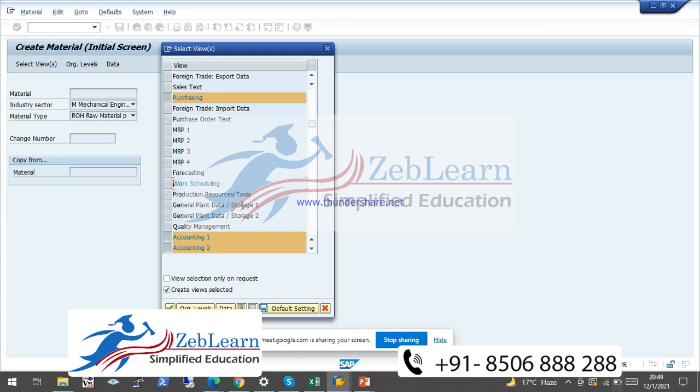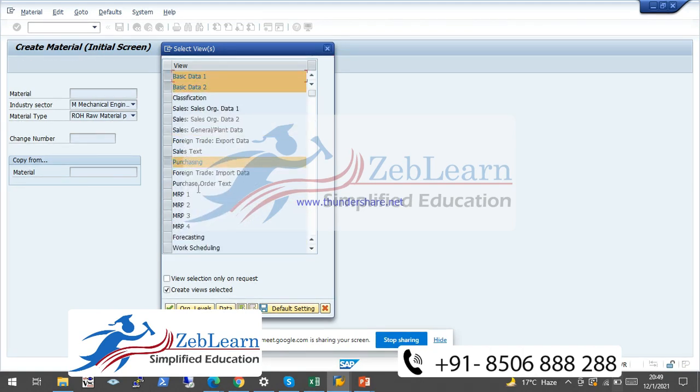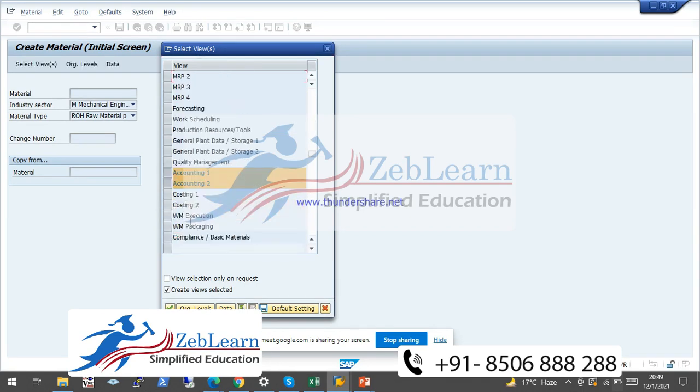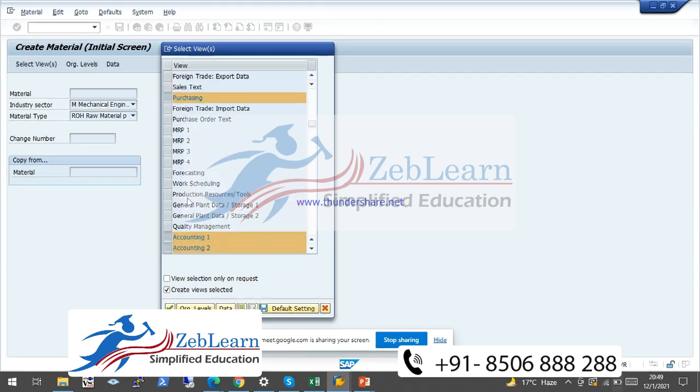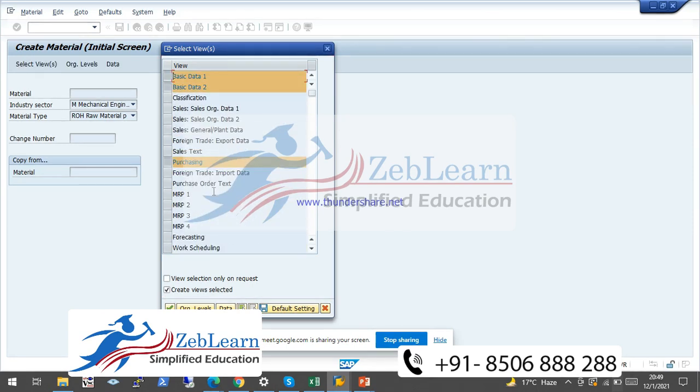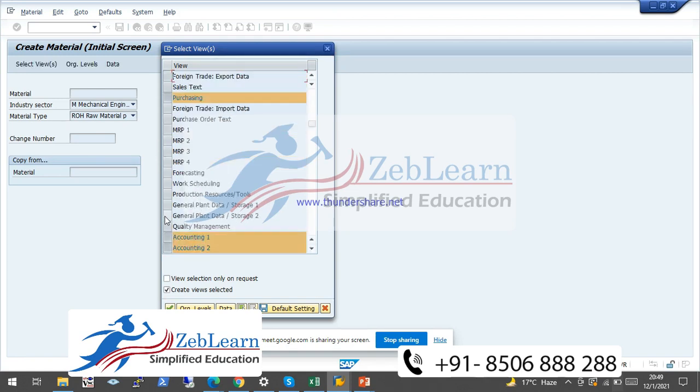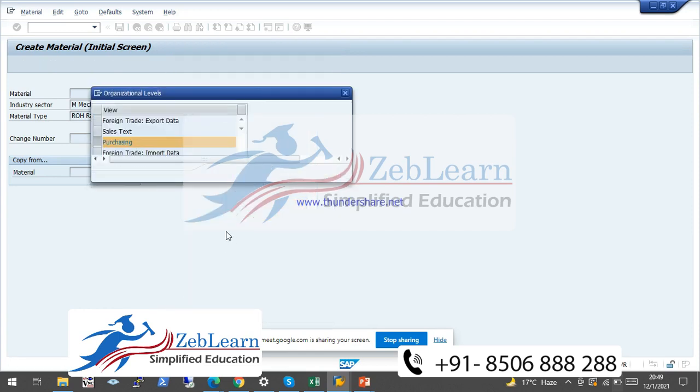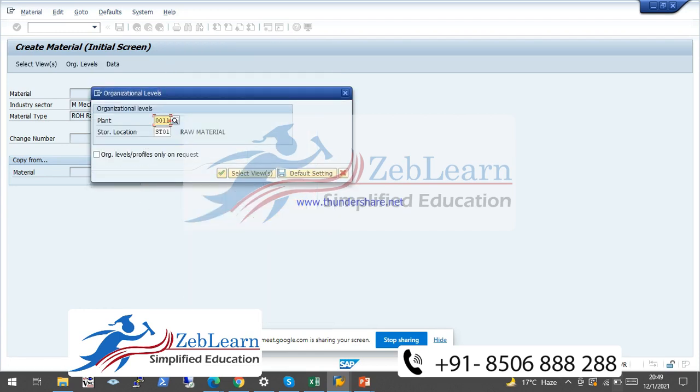Like I don't need work scheduling here, I just need some important screen types or views, like accounting and purchasing and basic, or general storage. Once I click on the enter button, it is asking me for plant, because I just selected the accounting view.